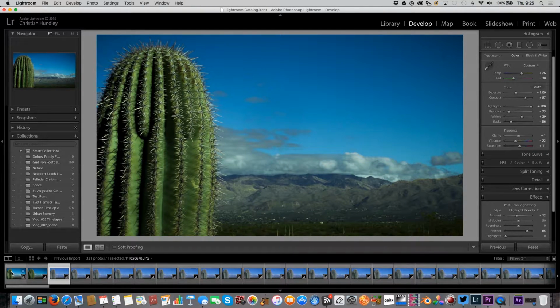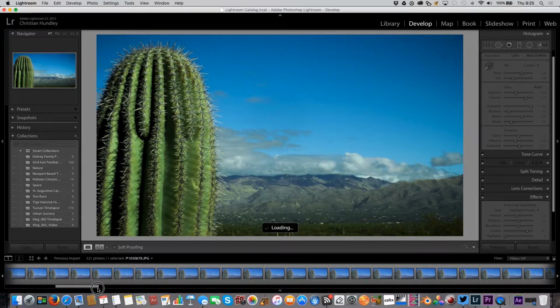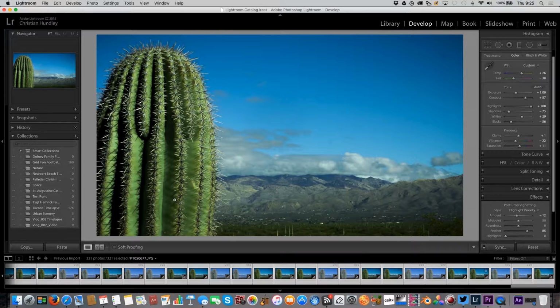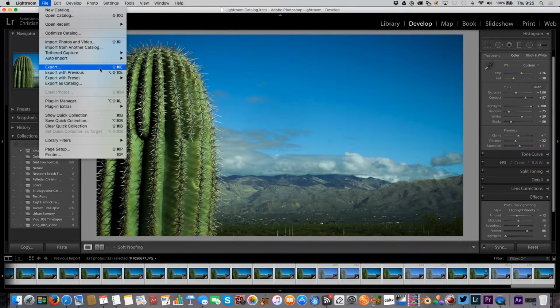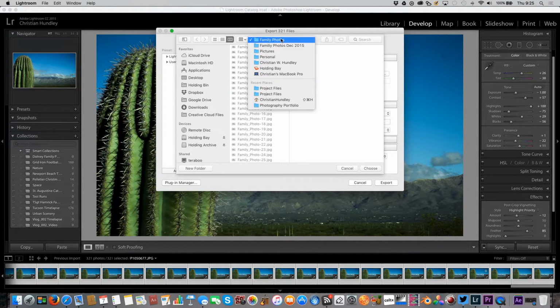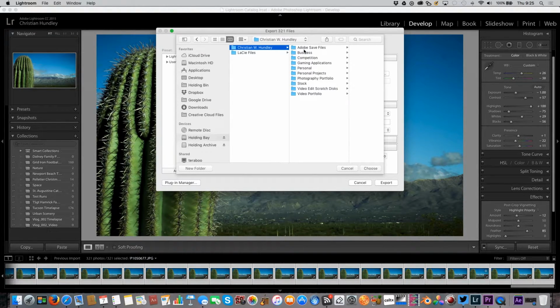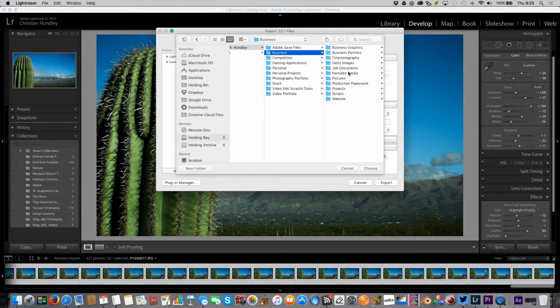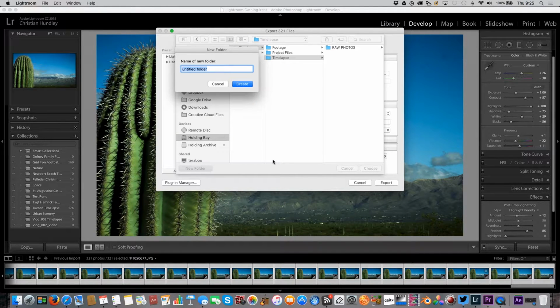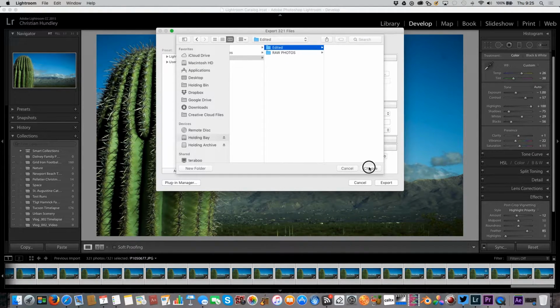And so what you'll want to do now is highlight all the pictures like before. We'll go to File, Export, and we'll choose the folder. So what I like to do is I'll choose, let's go into my folder here, I'm really organized if you haven't noticed. We'll go to Time-lapse, Raw Photos, make a new folder, Edited. Choose that,